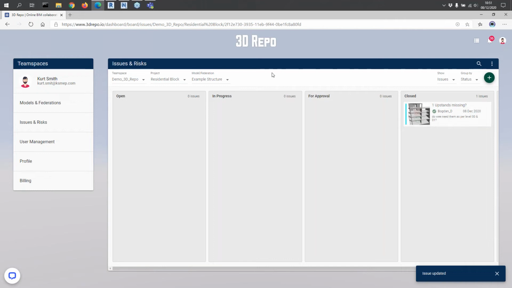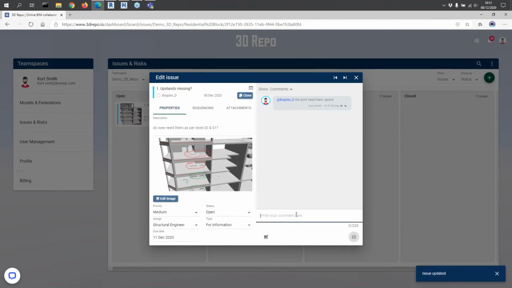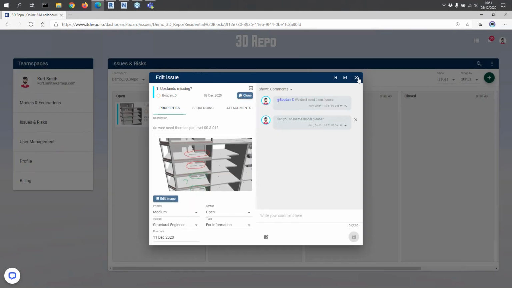This can be done either in 3D Repo or, for instance, Revit environment. But the good thing is, let's say this is still open. I might want to comment something else and then say, can you share the model, please? And this is where we're going to elevate this level of collaboration, right? So I'm not just going to be blinded by this screenshot that somebody is providing me with. I can now actually get my hands on something far more crucial, which is the model itself, which is used